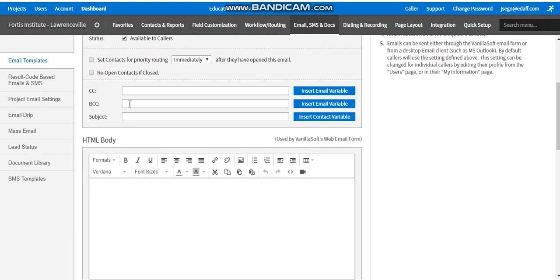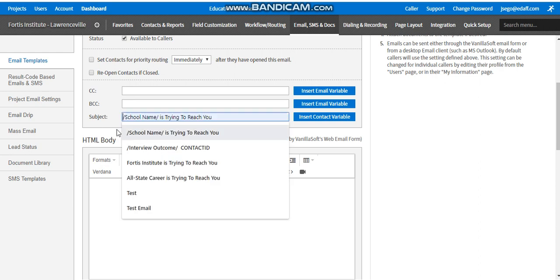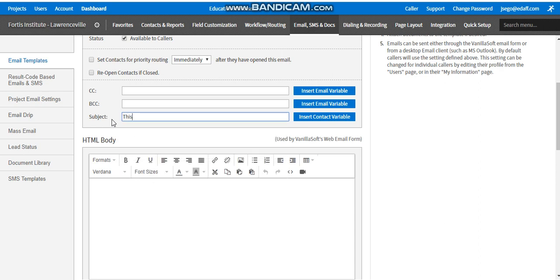If you want anybody to be blind copied or CC'd on these templates, you certainly could. Our subject here is going to be, let's just call it, this is my first email